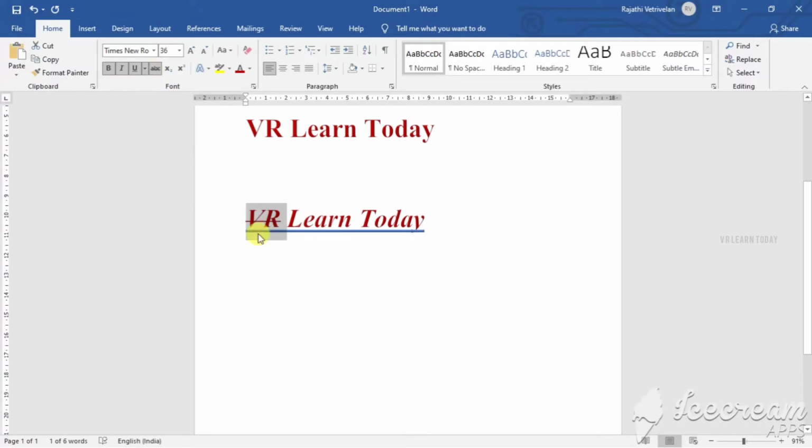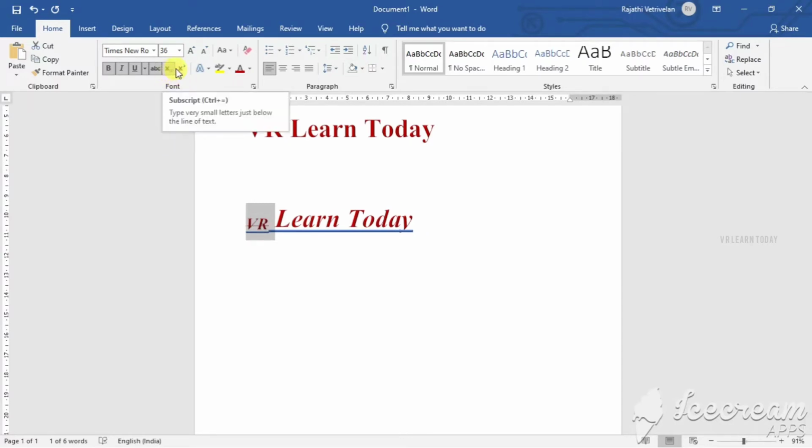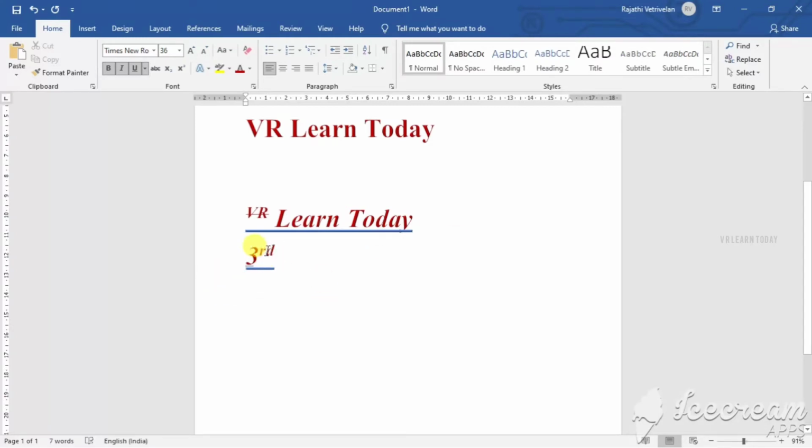See, the selected text will be struck out. And the subscript and superscript. Normally Word has additional features, like if you're writing third, it automatically goes to superscript.